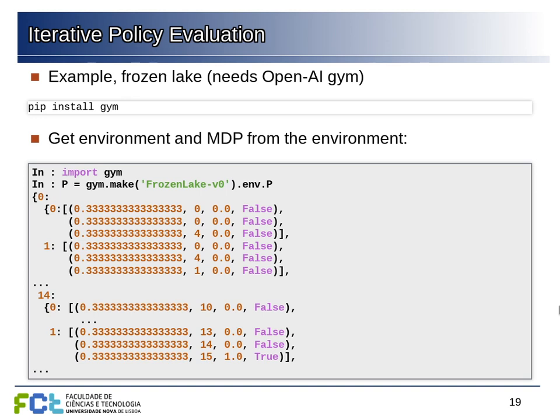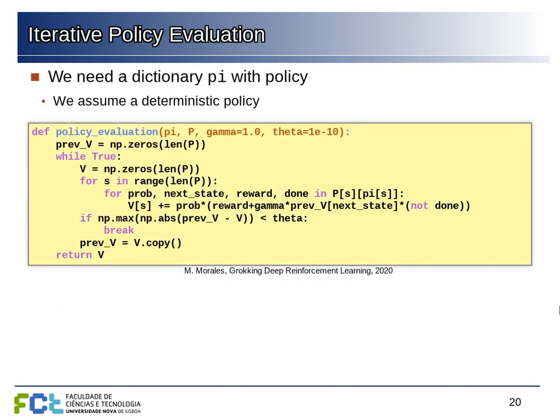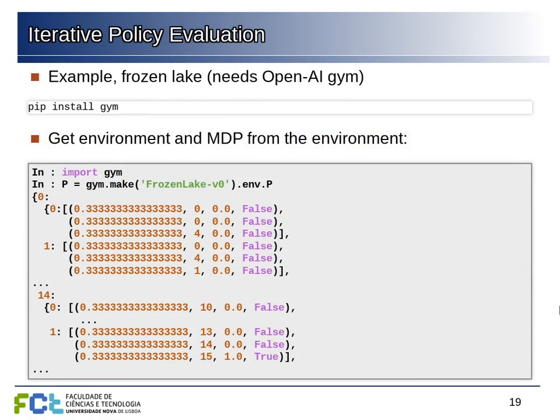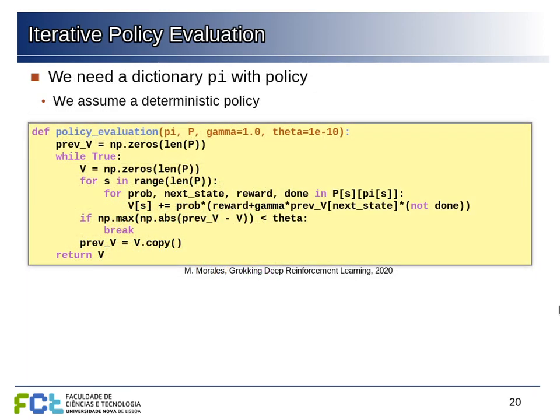for the transitions. So this is basically a dictionary of dictionaries where you have the state, the action, and then a list of tuples that have the probability, the next state, the reward, and a flag indicating whether you reach the terminal state. So basically this is what we can use to experiment with this. You can write your own if you want to create your own game, but this would be a practical first approach. And this would be the algorithm for evaluating a policy.